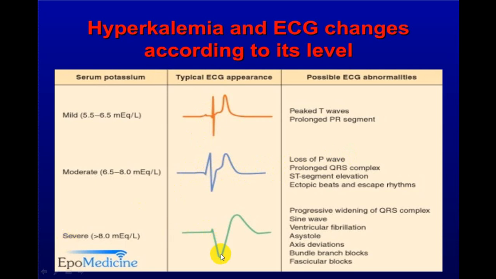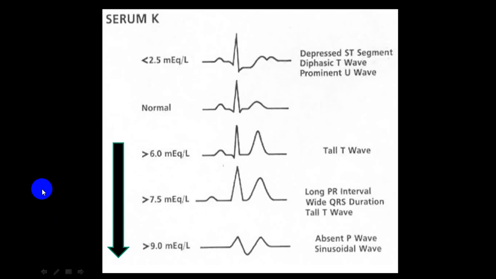The QRS complex is so wide and ST segment is merged inside and T wave also merged. This is called sine wave. And when this appears, this is a bad sign, because invariably this will end with cardiac arrest. So you can see here again, there is no P wave at all. There is a broad QRS complex. ST segment is merged inside with a T wave. So there is an absent P wave and sinusoid wave or sine wave we call.